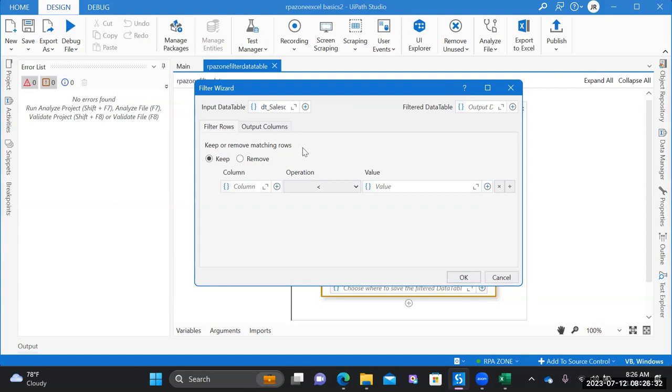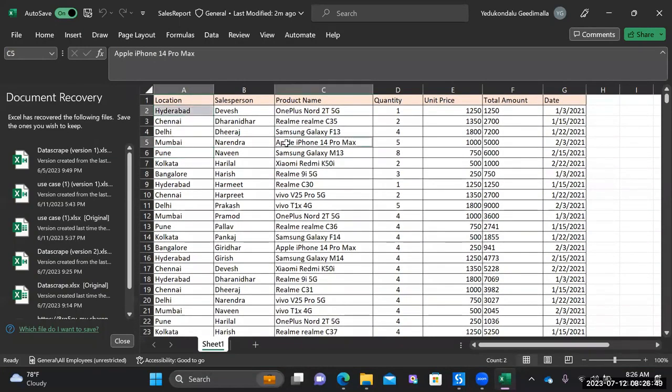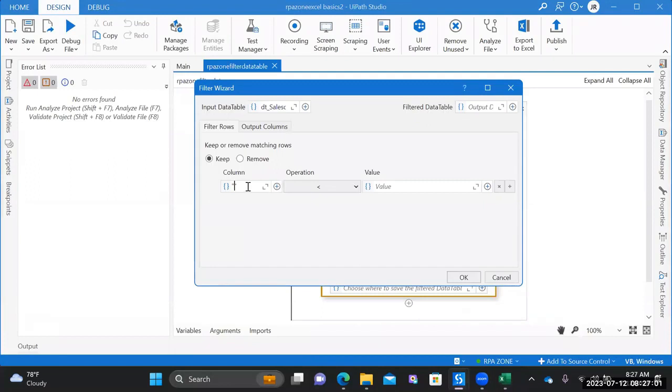What we need to do? You need to keep or remove it. I am only using the keep. In column, I am going to give the column name. Which column name? Sorry, this is the column name. Column name is location. If it is a column name, we can give it in double quotes, location. This location, you are matching the rows. If location is equal to